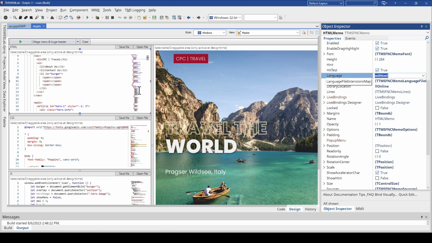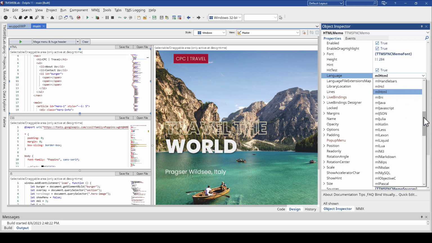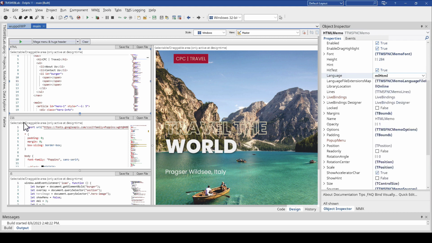I'll show that when we run the application. So right here, if we expand this, these are all the languages that you could display and edit inside of your memo control. So you simply stack three of these memo controls on top of each other, and whenever there's a change in either of these, you update this container.